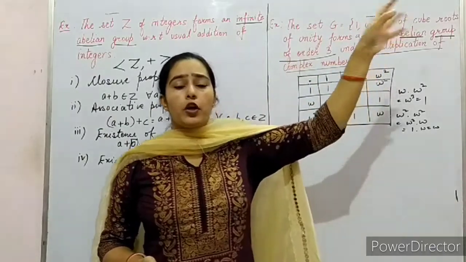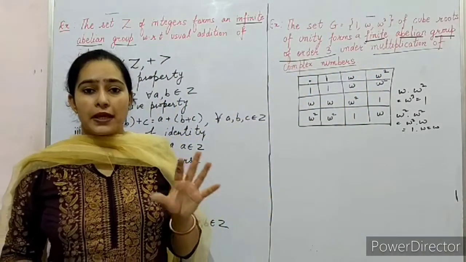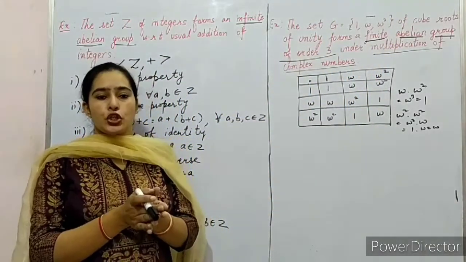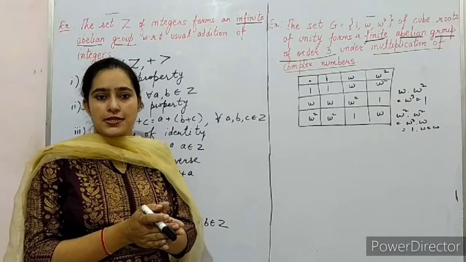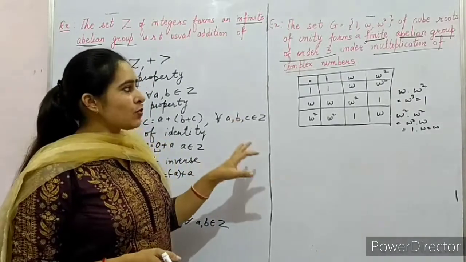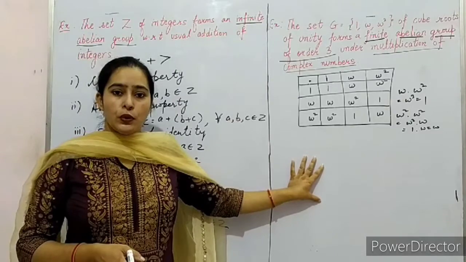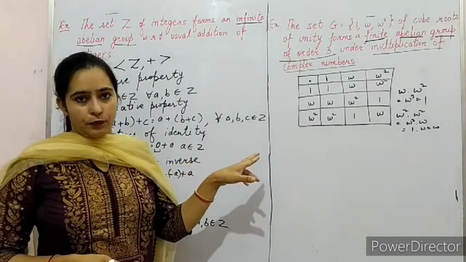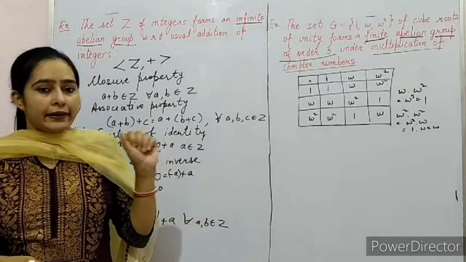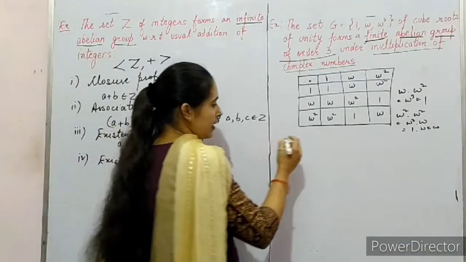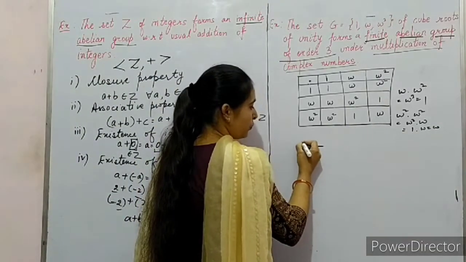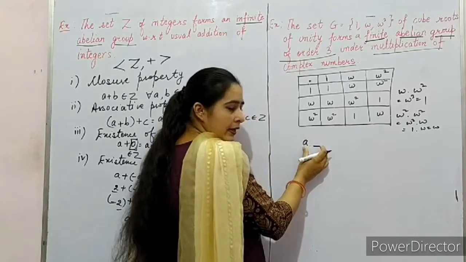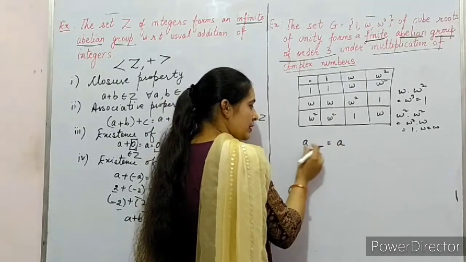These all are 1, omega, omega square. All these are complex numbers, and multiplication of complex numbers is associative. So that's why the associative property will also hold. The third one is existence of identity. Now, what is identity? Identity is that element with which we can multiply so that the answer will be the same